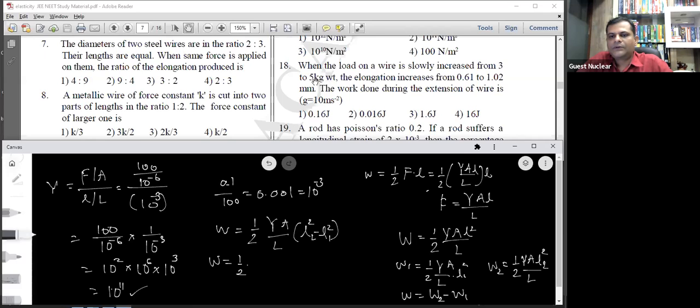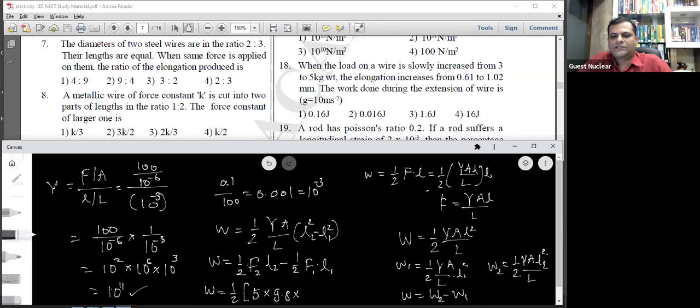3 to 5 किलोग्राम, ओके। अभी यहाँ पे हमको ये फॉर्मूला नहीं यूज करना होगा, क्यों? क्योंकि यहाँ पे लोड जो है वो दिया हुआ है, मतलब लोड कितना एक्सटेंड हो रहा है वो हमको दिया हुआ है। तो इसलिए यहाँ पे दूसरा फॉर्मूला हमको यूज करना पड़ेगा, half into F2 into small l2 minus half of F1 into small l1, ओके। तो यहाँ पे देखो half तो चलो कॉमन ले सकते हैं आराम से। F2 कितना दिया है, F2 is 5 किलोग्राम वेट, अभी 5 किलोग्राम वेट का मतलब है 5 into 9.8